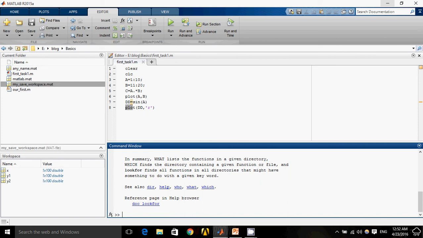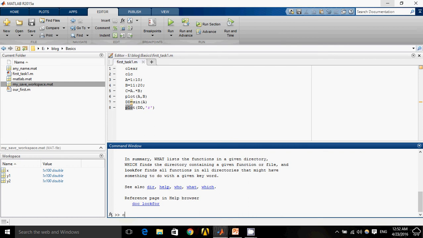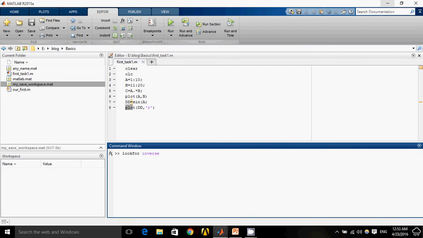If you don't know the exact name of your command, you can use lookfor. You can use help in case you know the exact word of the command which you want to search. But if you don't know the exact name, I can simply write lookfor. Similarly, there are other functions, who and whos, etc., but I'm not going to discuss these things.